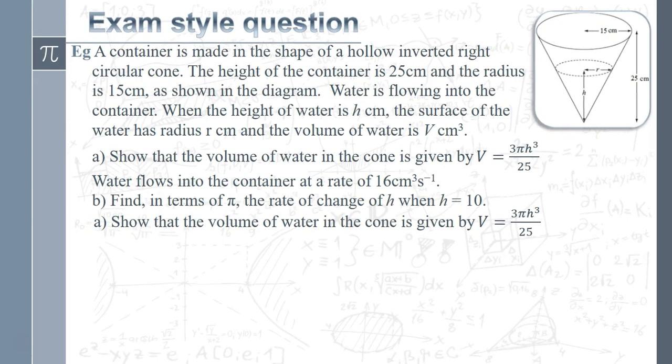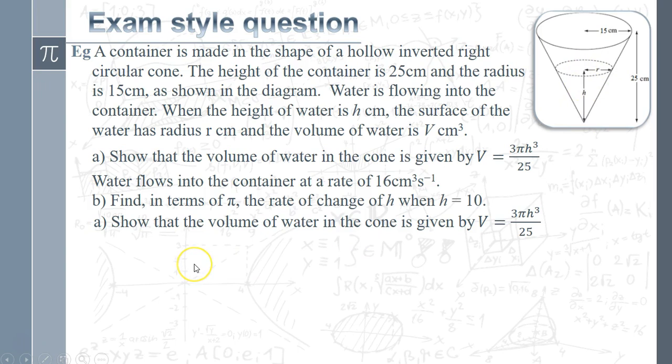So here we go. We've got a container that's in the shape of a hollow inverted right circular cone. Basically means a cone that's upside down. And the total height of the container is 25 centimetres. The radius of it is 15. And we've got water flowing into it. And obviously when the water flows in, essentially the volume of water is also going to be the shape of the cone, but a smaller cone. And so the radius of that smaller cone of water is r,